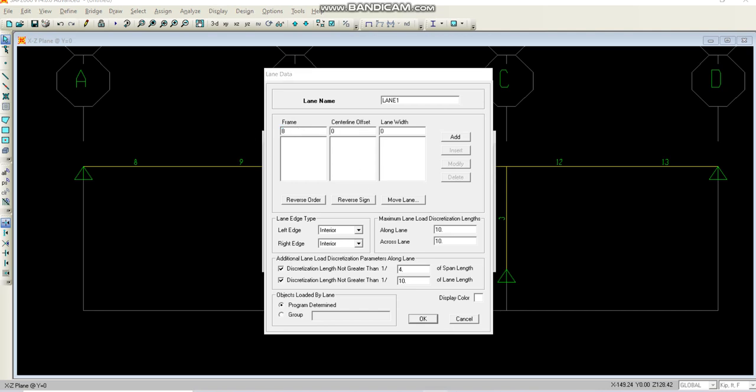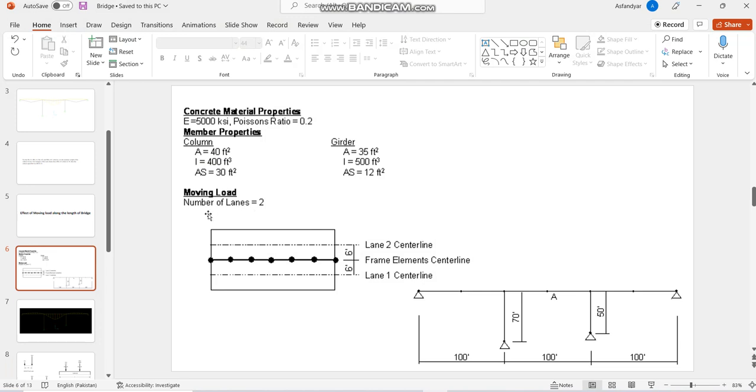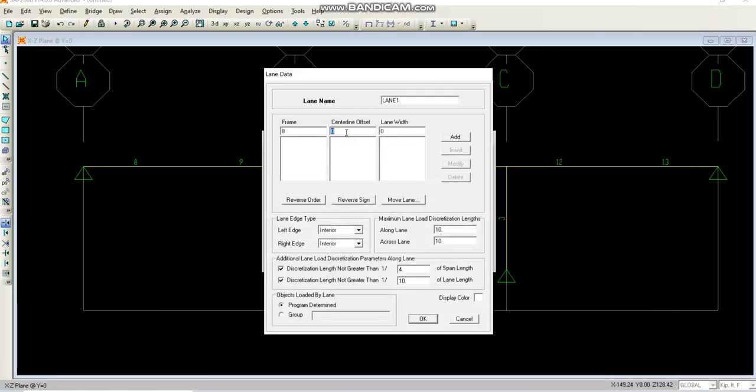And if I take you to our given data, this is the plan where you can see that the deck center line and the lane center line have an offset of 6 feet for both the lanes. Lane 1 is on one side of the deck center line, and lane 2 is on the opposite side of the deck center line, right? So the width of the lane is 12 feet, but its center line is at 6 feet from the deck center line. So for lane 1, let's suppose we put -6, and we will put +6 for lane 2. So for frame 8, then frame 9, then frame 10,